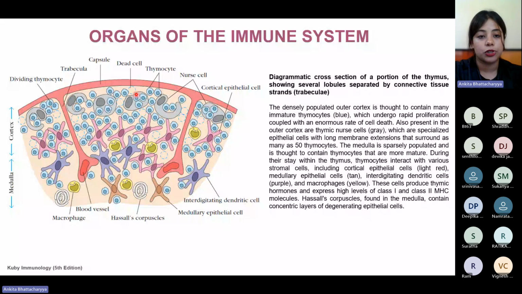But at the same time, what you see here represented as these dotted lines are dead cells, which have been removed because either they were specific to the self cells, or they were not healthy, or for a number of other reasons. So the idea of me giving all this extra information was for you to understand that any biological organism always chooses survival of the entity as a whole, and not necessarily survival of an individual cell,